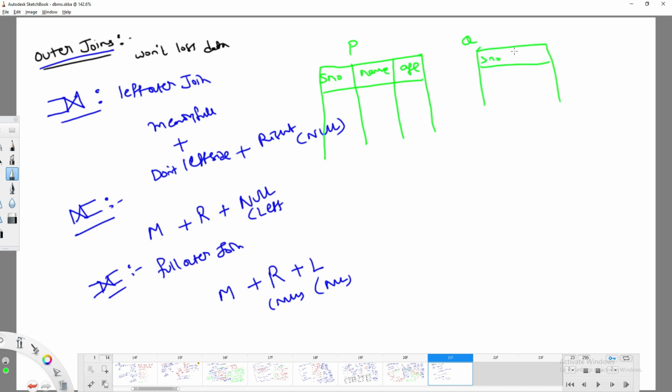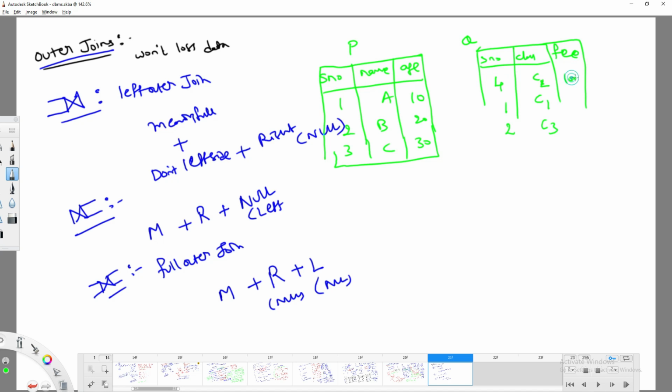Let me take students 1 A with age 10, 2 B, 3 C, and 4, with random numbers. For Q, student numbers 1 and 2 with classes C1, C2 and C3, and fees 1000, 2000 and 3000. These are the two tables that I have.